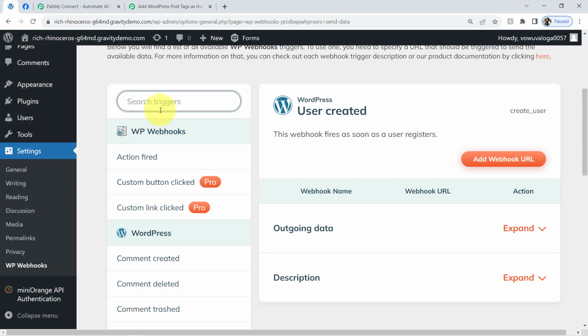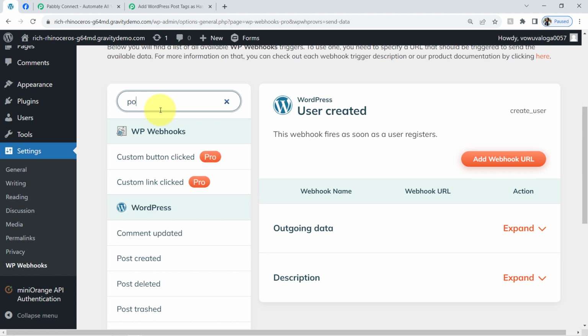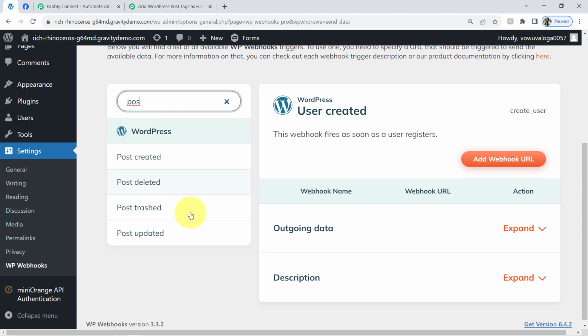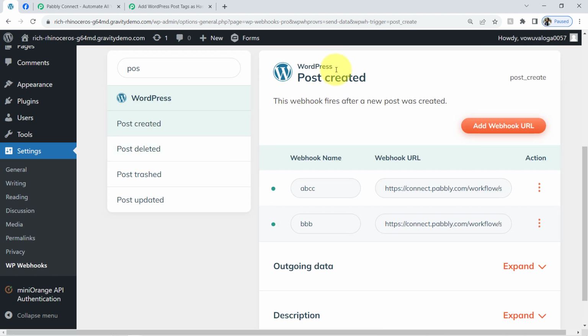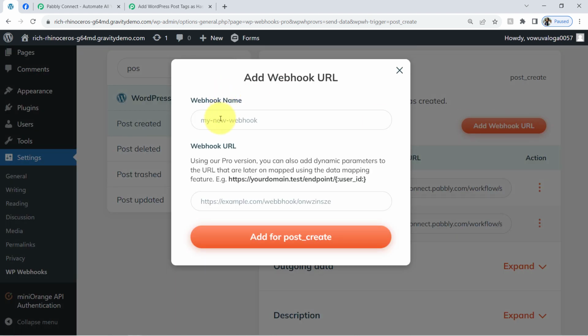Okay, so searching for the same, that is post published. Okay, alright, so this is the same thing, that is post created. Okay, after that you will have to click on this orange button of add webhook URL and provide any